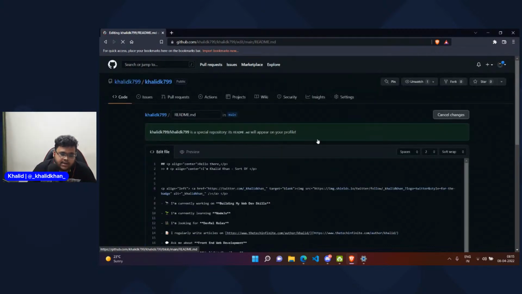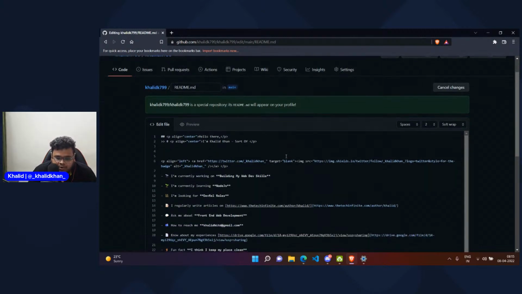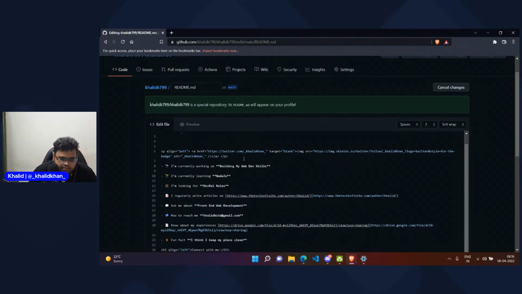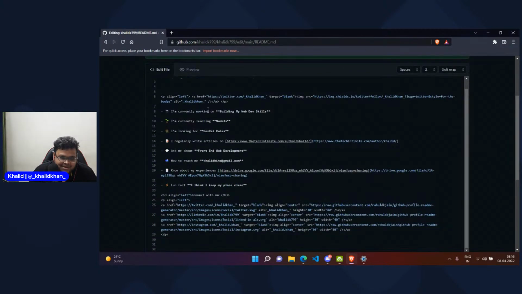If I go and edit here, since I'm on my work laptop, I cannot fork this repo and work on VS Code directly. Therefore, I'm using the GUI. I'd always suggest using VS Code. As you can see, my GitHub README is very, very old. I am right now working on IoT and I have learned Node.js, so I'll quickly change these things and update my current stats.